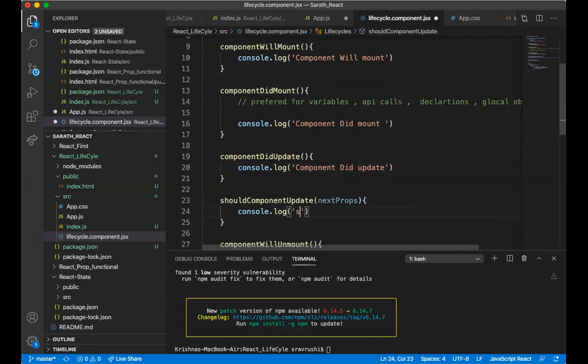So here we are giving should component update, and I am giving here some next props. It should go and fetch the current next property values of the component, and I am taking here this return value.